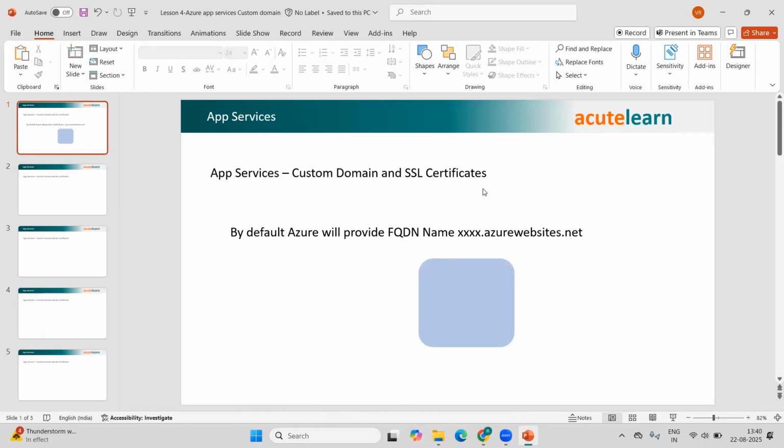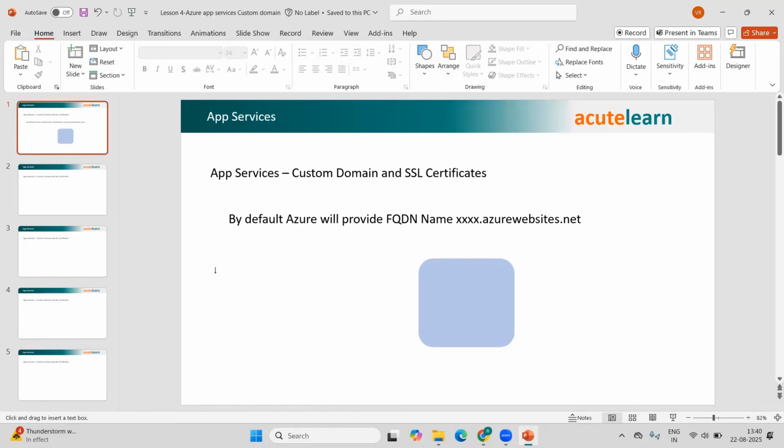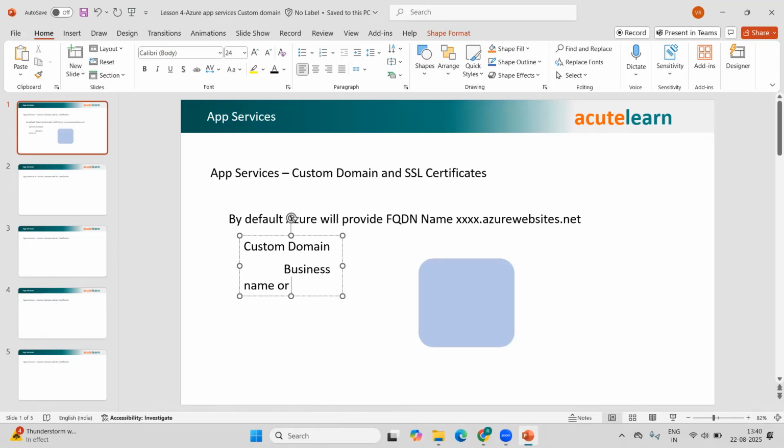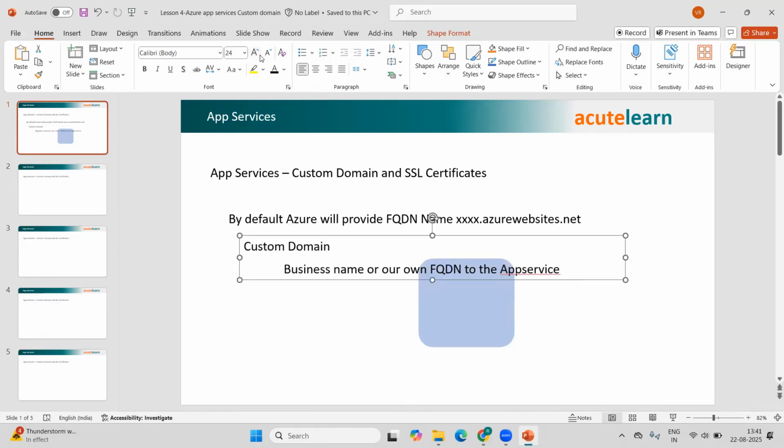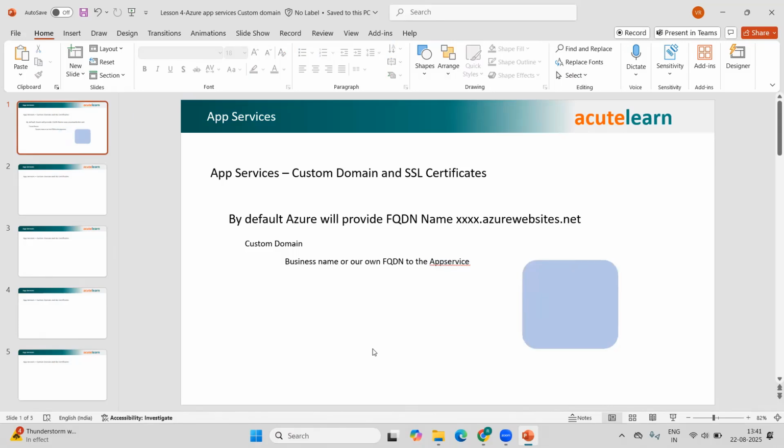That is what we call a custom domain. A custom domain is basically a business name, or our own FQDN, for the app service, like xyz.com or something like that. So in order to do that for a custom domain,